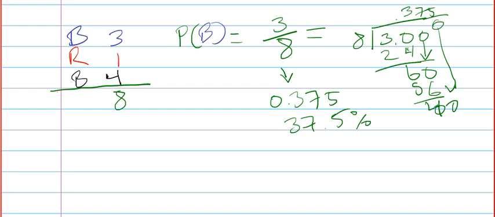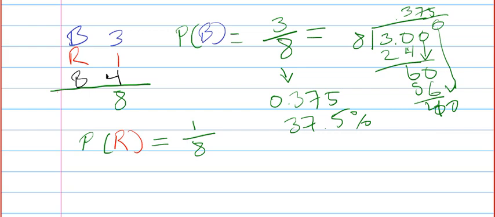All right, so what is the probability that it is a red marker? This is something you want to pause the video and try out for yourself. Probability that it is a red marker. I know my total is 8. I know I have 8 markers in the bag somewhere. Now, which of these markers are red? Only one marker is red. I can make it a decimal again, and I can make it a percentage. So I have a 1 over 8 chance that